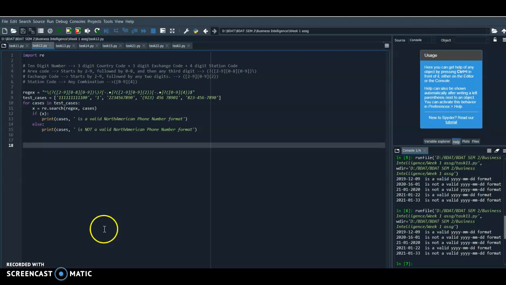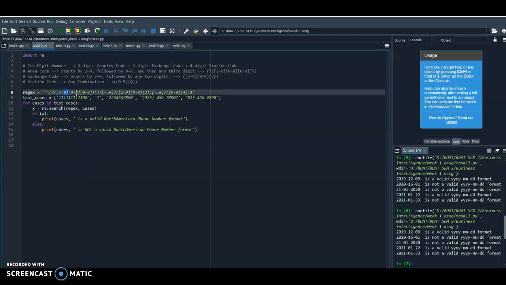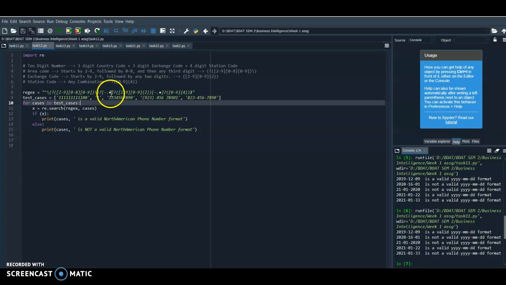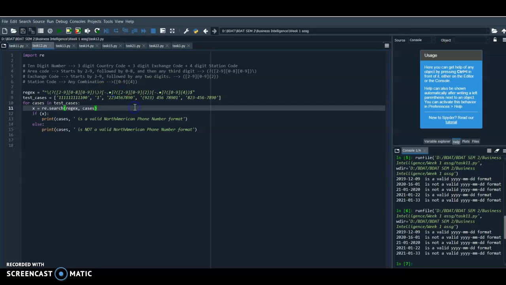North American phone number is a 10-digit number which has 3-digit area code along with 3-digit exchange code and 4-digit station code. The area code can only start from 2 to 9, followed by a number from 0 to 8 and then 0 to 9. Similarly, the exchange code starts from 2 to 9 and is followed by any 2 digits from 0 to 9. Similarly, the station code can be any 4-digit number, and the $ sign again marks the end of the string. Next, we check the